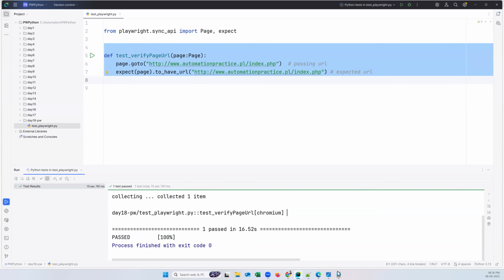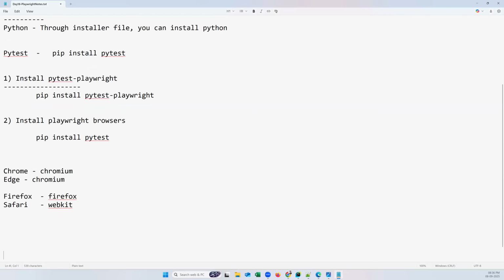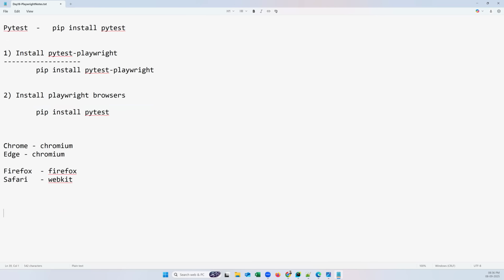There are two kinds of modes. I'll tell you. Anybody know what is headless and headed mode? There are two modes of execution. Anybody have any idea? Headless means what? No UI. We cannot see any UI. We cannot see any actions on the UI. Everything will be running on the backend itself. And finally, we can see only the result, passed or failed. That's it. That is called headless mode